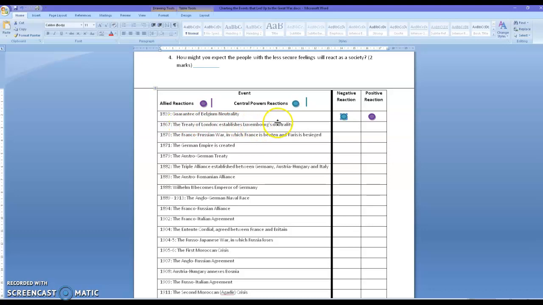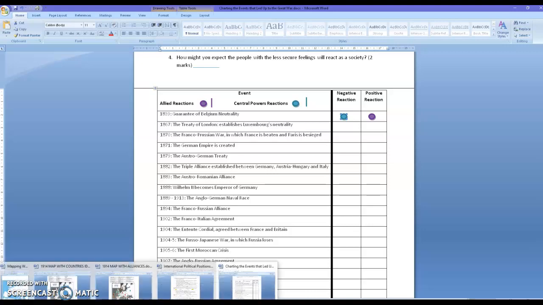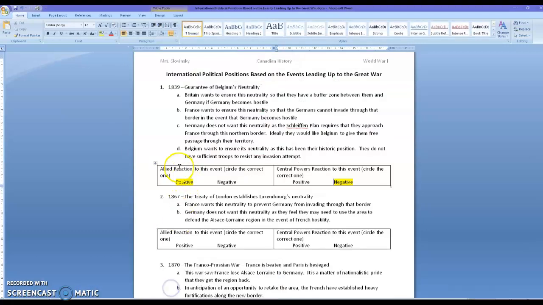Okay, so what about this? The Treaty of London establishes Luxembourg's neutrality. Let's go have a quick look back at that one. Okay, so